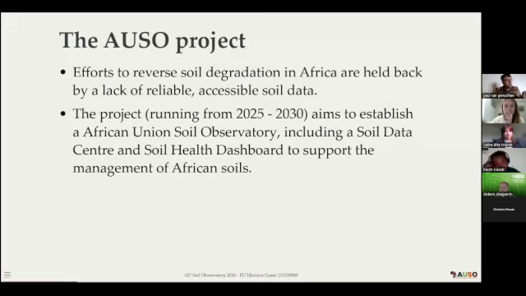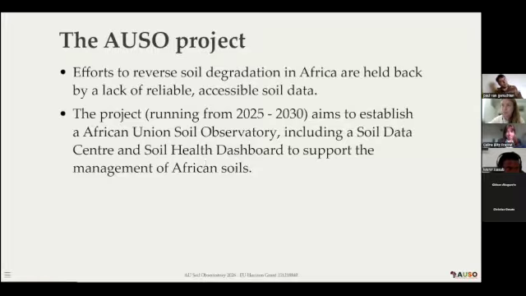So these are the aspects from the proposal, the aims of the project. There's a big assumption and evidence that there is soil degradation happening in Africa. And there is a linkage to availability of reliable soil data.